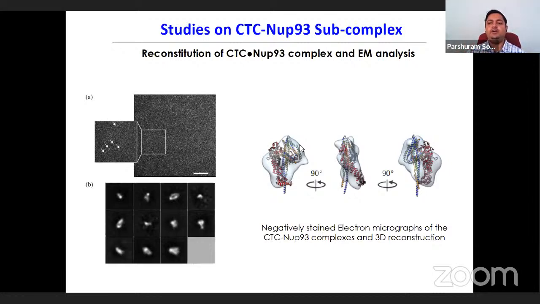Because of the COVID, I think we could not get a lot of time for this electron microscopy. But to get a higher resolution structure, we need to do cryo-electron microscopy, where instead of using negative stain, we have to use unstained sample and perform the similar analysis. And this is something which the lab is currently doing in NCCS. But I think we published this particular